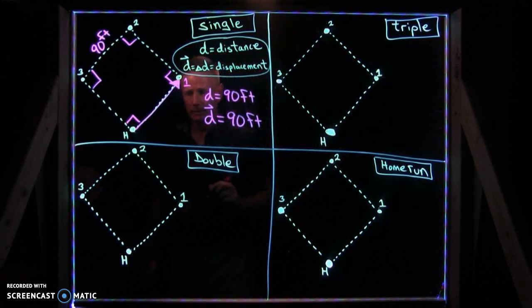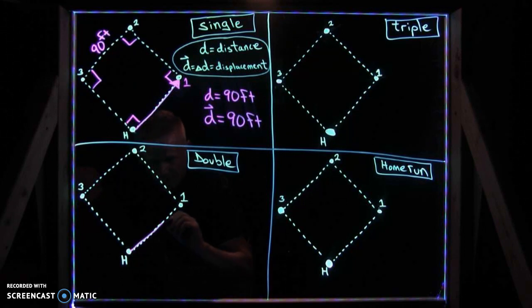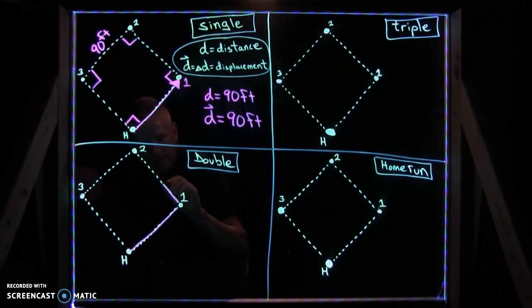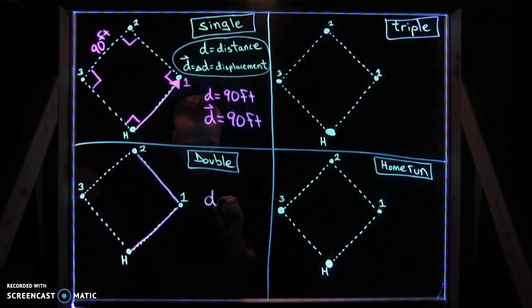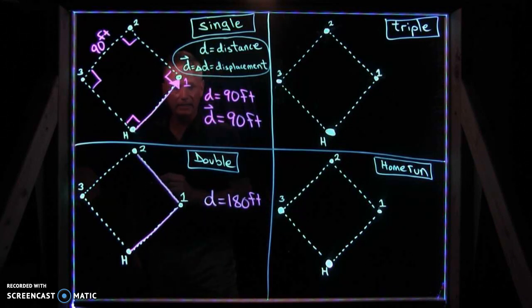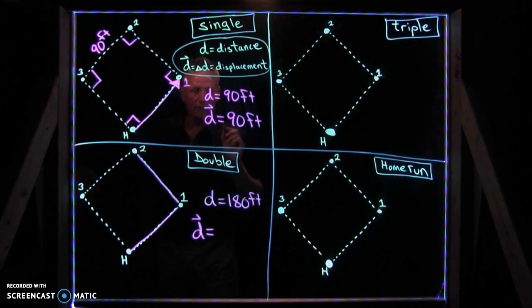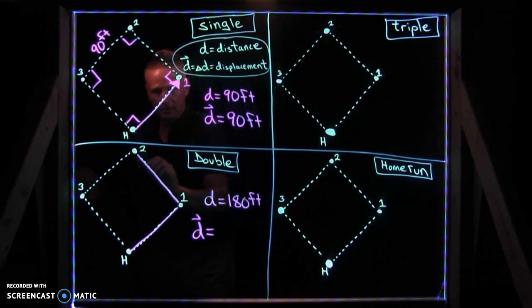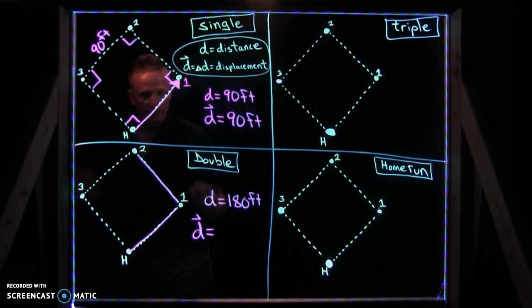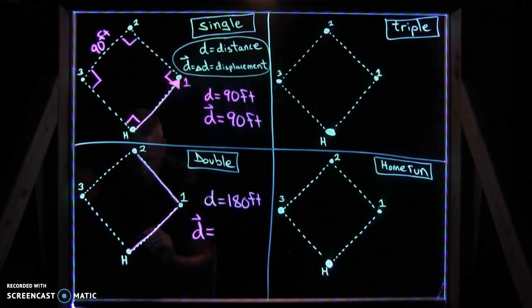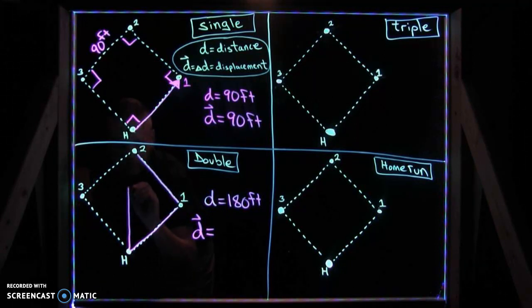Now let's say you hit a double. You run from home plate to first base 90 feet, and then you run from first base to second base another 90 feet. So you can see the distance traveled is 180 feet. Ignore direction. You're just concerned about the quantity of total distance traveled, 180 feet. But if you ask the question, well, what's your displacement? Now you're asking a question, how far are you when you finish running to second base compared to where you started? Now, if you started at home plate and you ended at second base, the way you would analyze that distance is you would draw a vector from the starting point to the end point, and the length of this vector